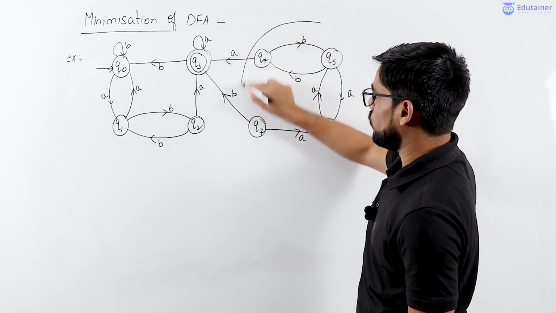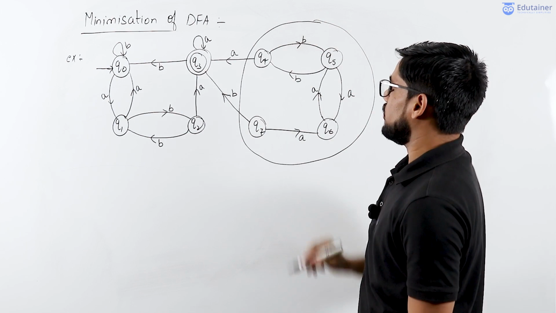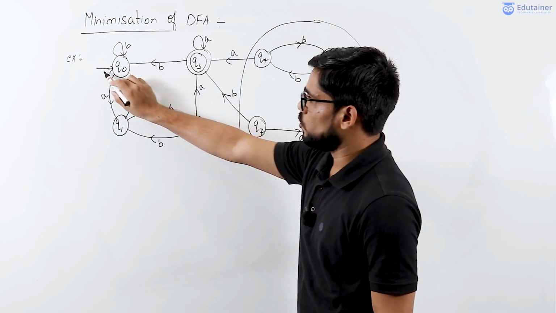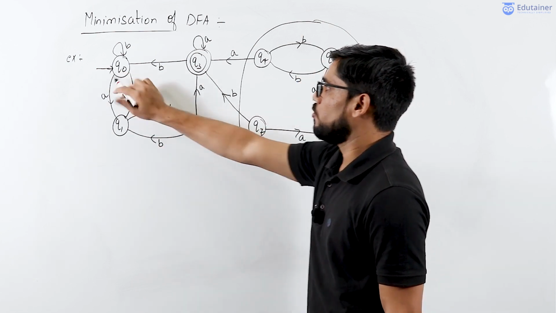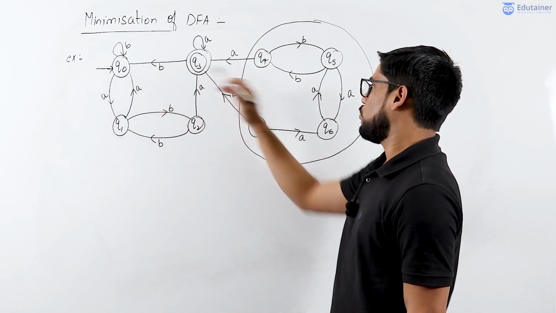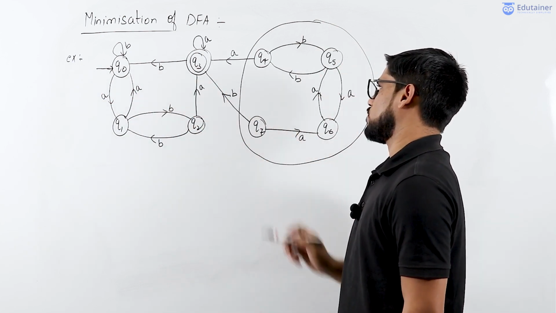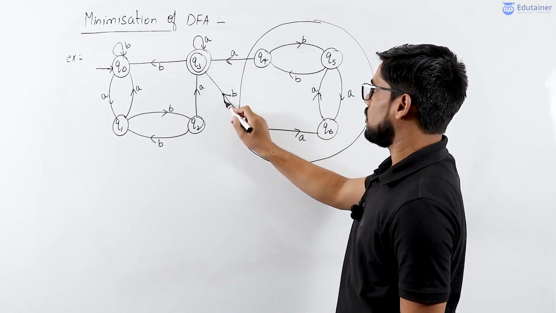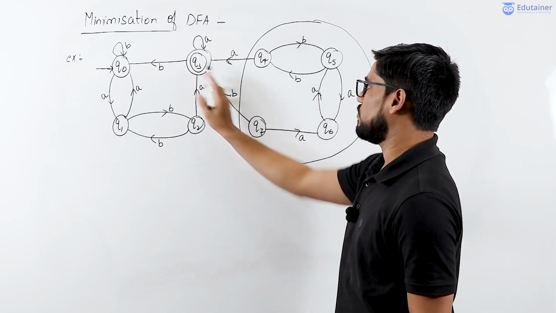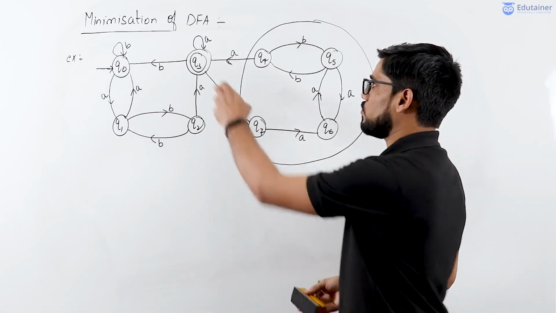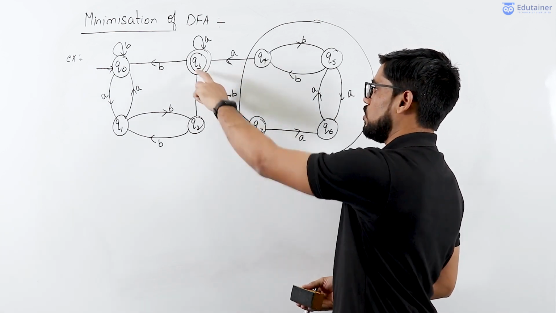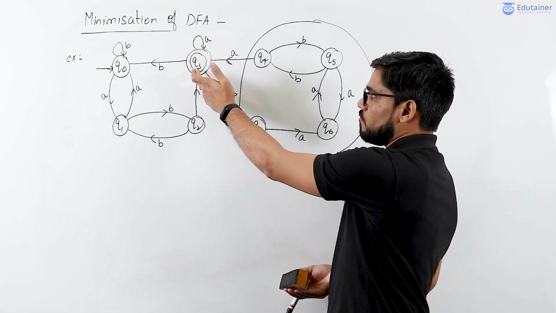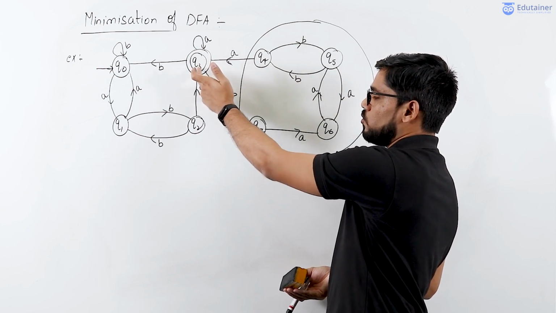these 4 states, Q4 to Q7, are actually not reachable from the state Q0. What I mean to say is, if you walk from Q0 and want to go to the states Q4, Q5, Q6, Q7, you will not get there. Why? Because the direction of edges is from Q4 to Q3 and Q7 to Q3. But what about the direction of edges from Q3 to Q4 or Q3 to Q7? There are no such edges. So it means that we cannot go from Q3 to Q4, or from Q3 to Q7